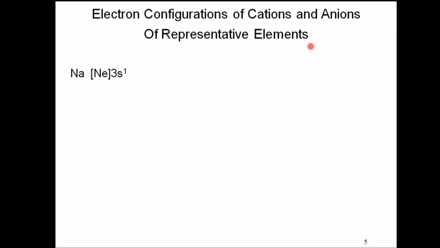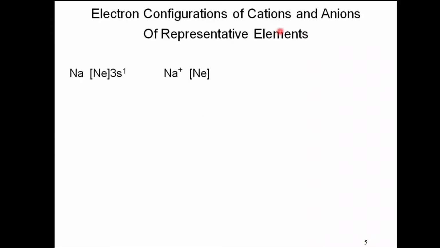Now sodium tends to lose its one electron to attain the noble gas configuration, because every element wants to achieve a stable configuration. So by losing its outermost one electron, it attains the electronic configuration of neon. Every element of 1A, 2A and 3A wants to lose electrons, while the elements from the last three groups, 5A, 6A and 7A, want to gain electrons.